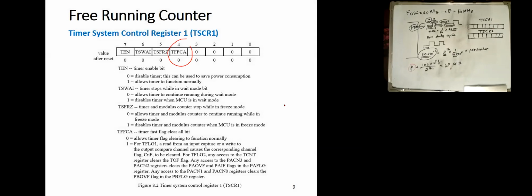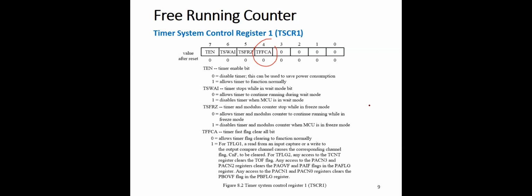Here, we have the control register number 1. We need to enable the timer. So at some point in our program, after we've configured the prescaler and configured the interrupt and other features of the timer, we need to come to this register and make this bit 1, and we don't care about the remaining bits, so we leave them as zeros. So at some point in our program, we need to set this